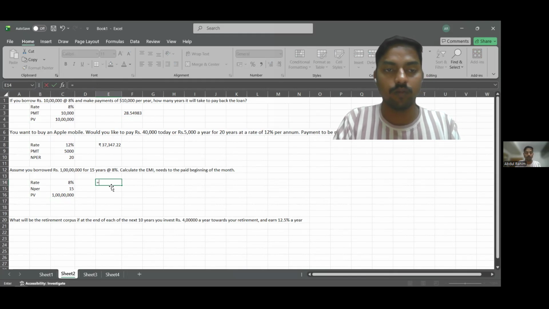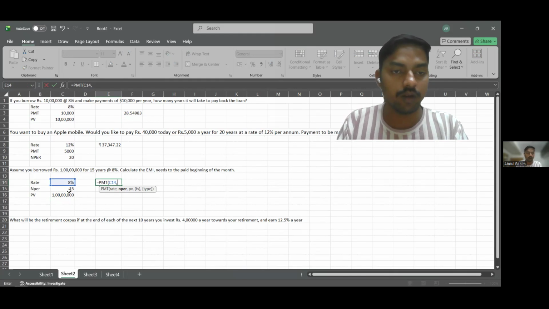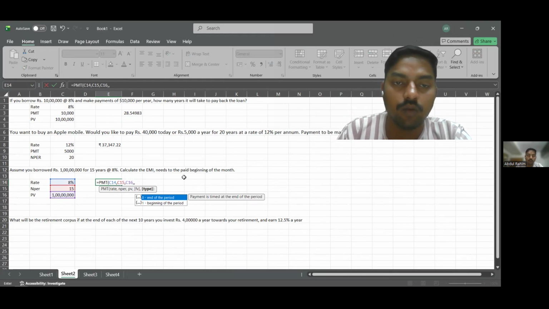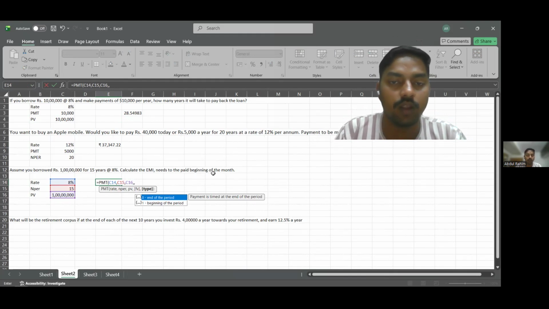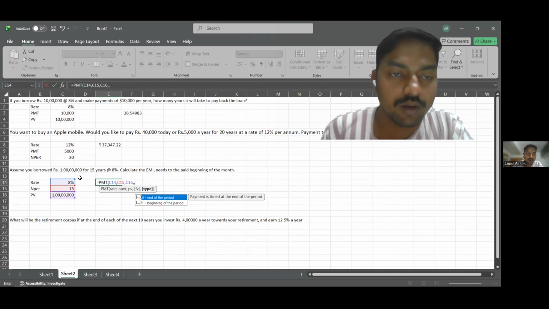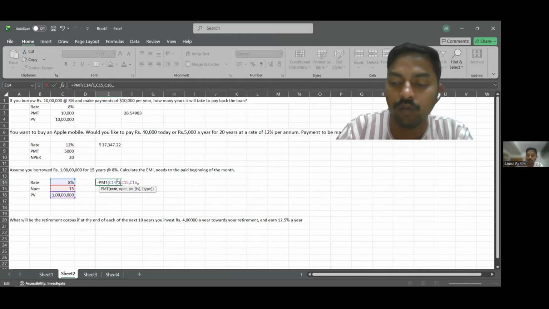We are going to use the formula of PMT. First thing we take the rate, then NPER, then present value, double comma. In this case, we are going to pay at the beginning of every month. So here we take the rate of interest as annual, so we need to divide this by 12,